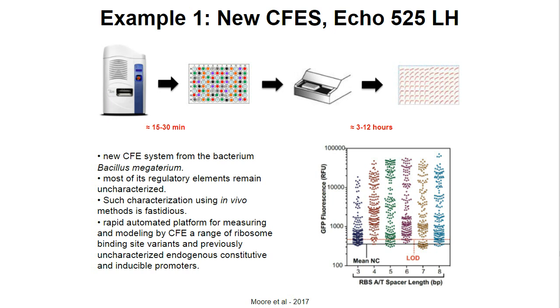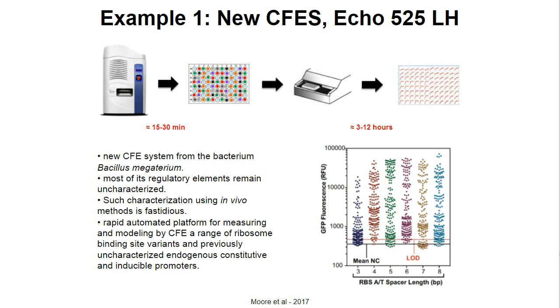And here they have this paper written by Moore et al. in, again, the Paul Freemont lab. And one of the parts of making a new cell-free system is having to check your regulatory elements. So in here, the way they use the Echo is they designed a lot of different ribosomal binding sites, and they all had different spacer lengths, so AT spacer lengths of the ribosomal binding site. And when you're designing a new system, you want to find out which ribosomal binding site you should use and what kind of ribosomal binding sites they should put on their